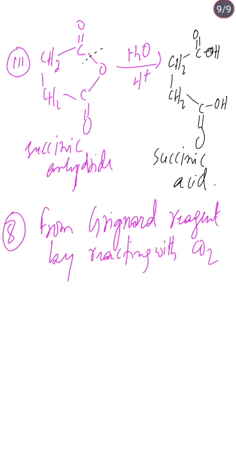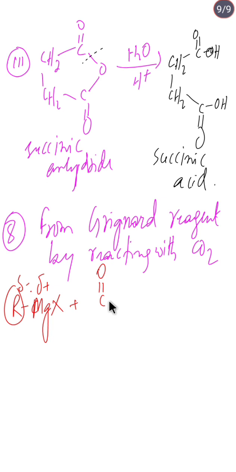Let me write the reaction here. This is our Grignard reagent, RMgX. This R is partial negative while magnesium is partial positive. When this is reacted with carbon dioxide in presence of dry ether,